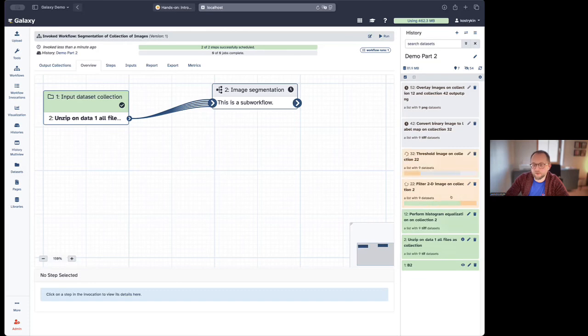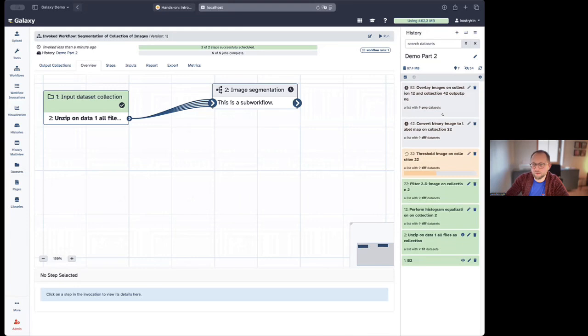So they turn from gray to orange to green. And at the final stage, you will have a collection of 9 segmented images. Let's wait for this.